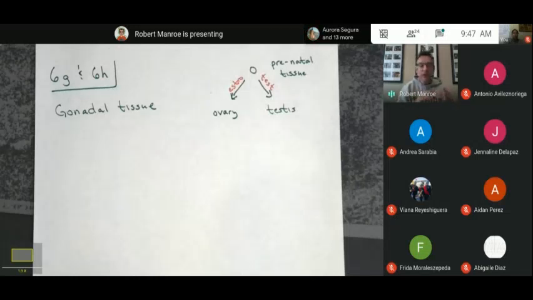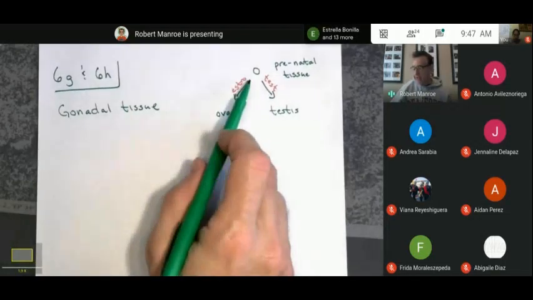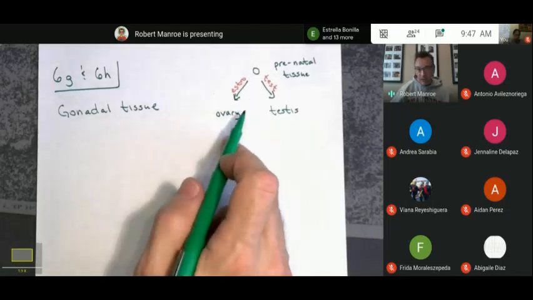Whether the individual actually has mammary glands or not, you can have the fat deposits form on the pectorals and simulate what appears to be a breast, even if there isn't a mammary gland there to actually lactate. These are all called secondary sex characteristics. All right, so gonadal tissue starts as the same tissue, and then based on the hormones, either develops into an